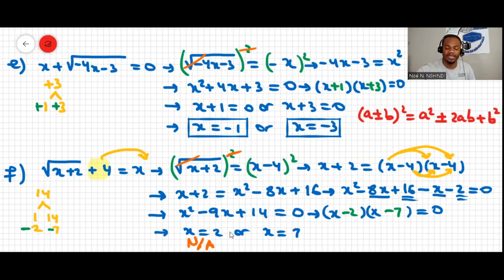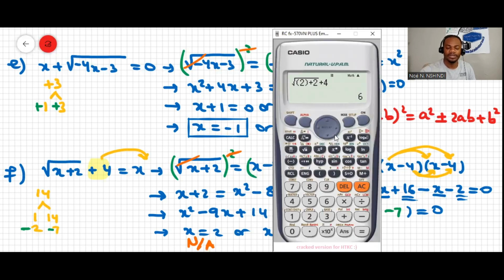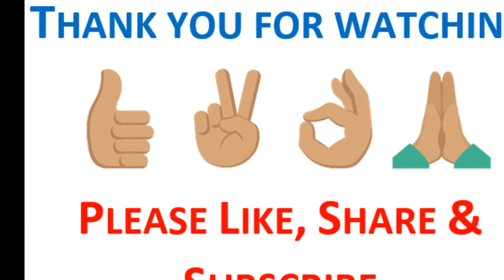Okay, but now let's check if x is 7. We're going to sub 7 there. In the calculator for x, I'm going to sub 7 and then hit equal. Yes, if x